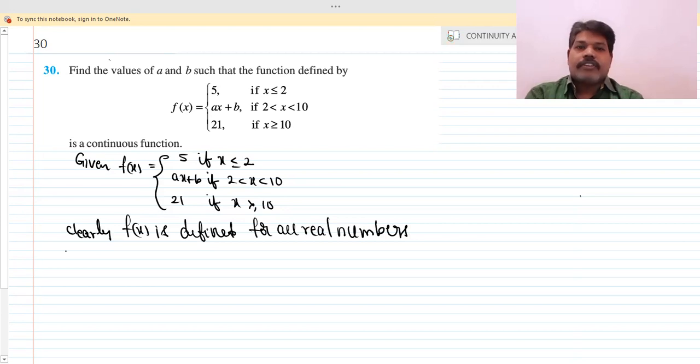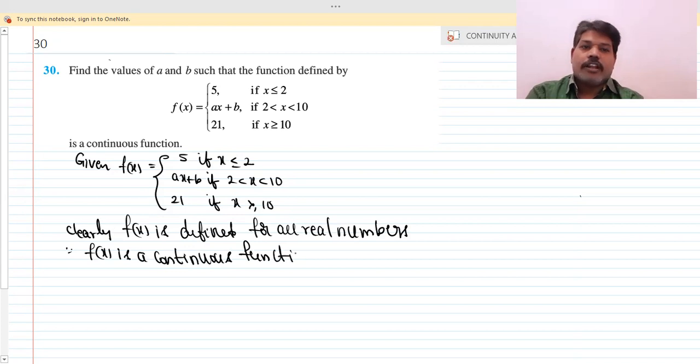And since f of x is a continuous function, that means the function is continuous for all real numbers. So f of x is a continuous function, that implies automatically what happens, students? That implies f of x is continuous